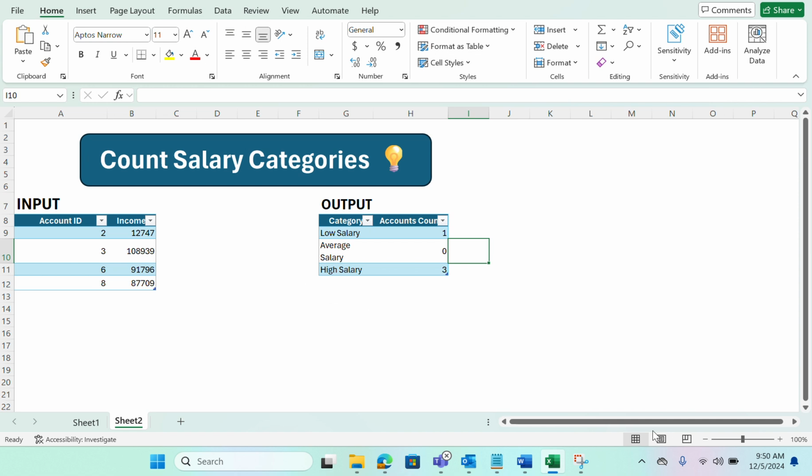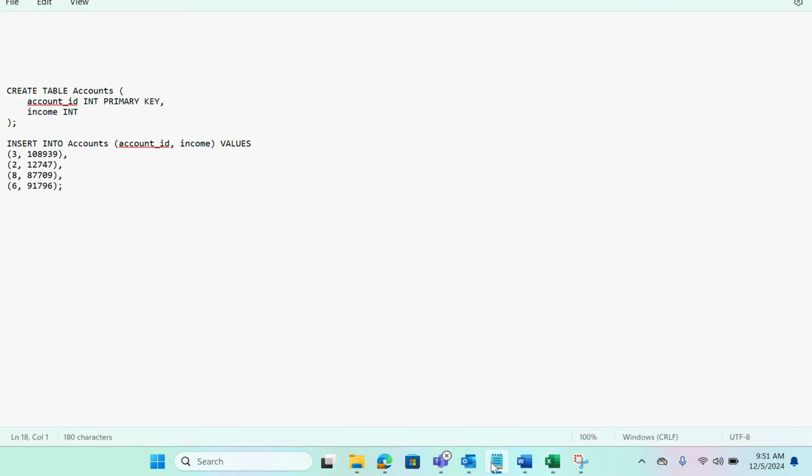So let's jump to our notepad to solve this particular question. I have already written the create statement and the insert statements. The logic is, first let's find the low salary category. As you all know, we'll write the query first in the notepad, and then copy the same query and paste it in the compiler to check whether we are getting the right output. So select low salary as the category,